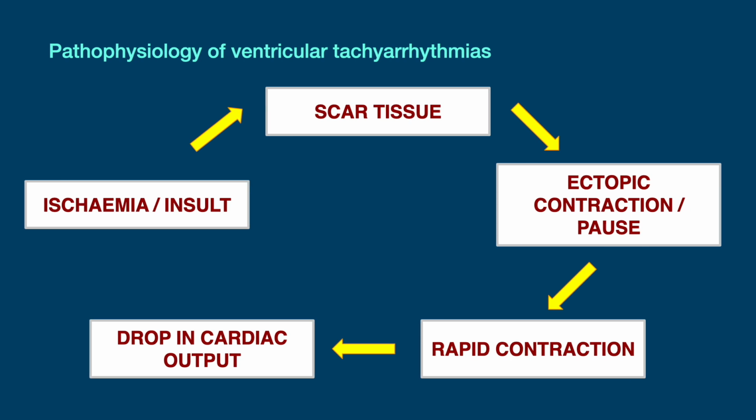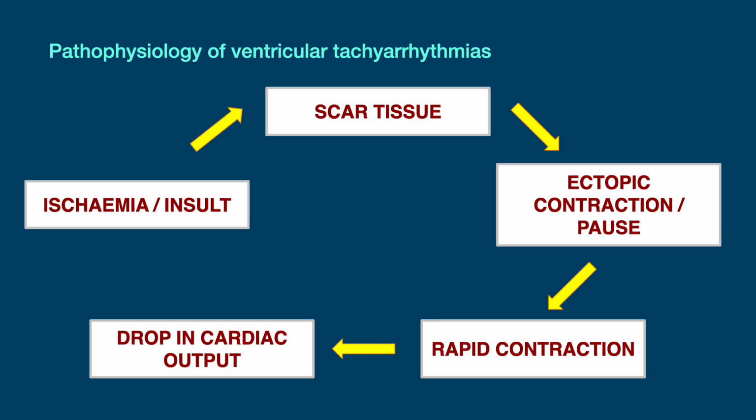Now let's take a quick look at the pathophysiology of ventricular tachycardia. Here, ventricular tachyarrhythmias are abnormal and potentially deadly. They are caused by an abnormal ectopic contraction in the ventricle. The condition may be benign if the ectopic signal is regular and stationary and the cardiac output is maintained, but if the signal moves around the ventricle or if the rate changes rapidly, then the arrhythmia could rapidly result in